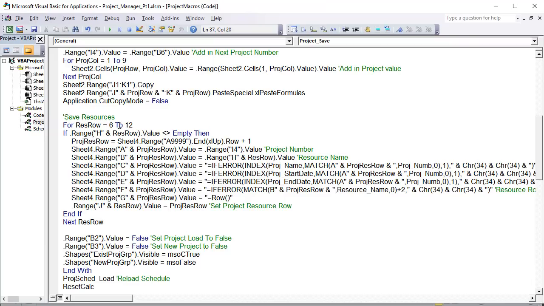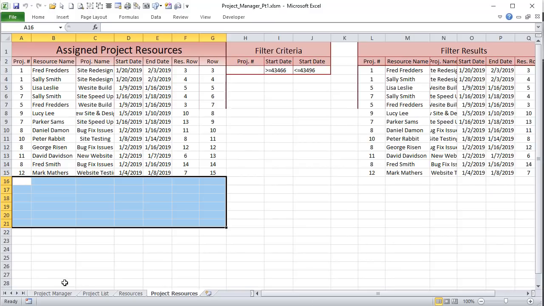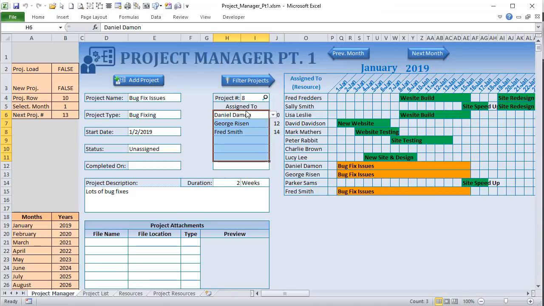For the resource row equals 6 to 12. Why are we going 6 to 12? Well, because we don't know what order. We're going to start here in 6 and go all the way to 12. So if they've added a resource here, we can still get to it. So we run a loop from 6 to 12, and we add in all the new information into the project